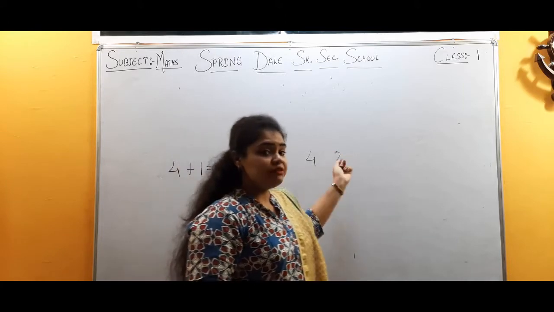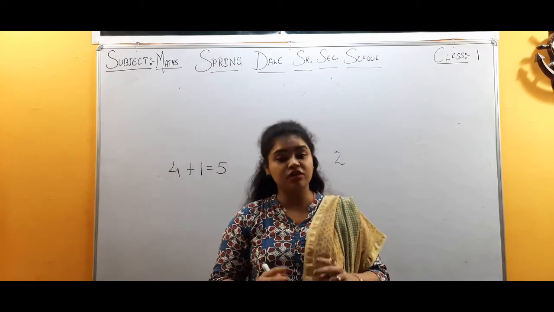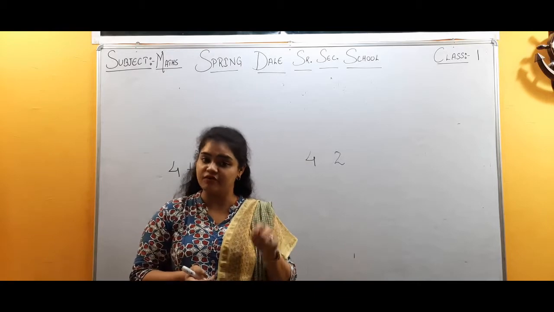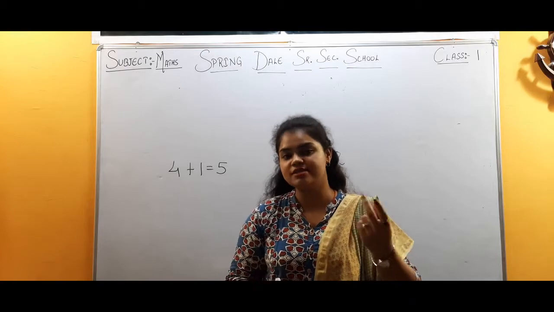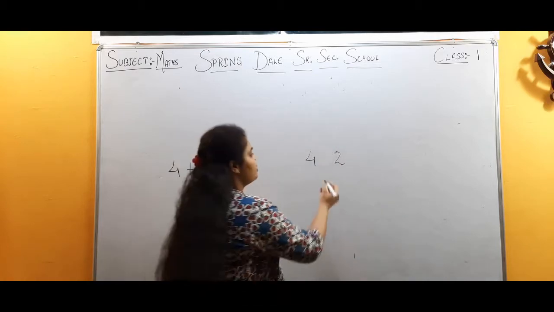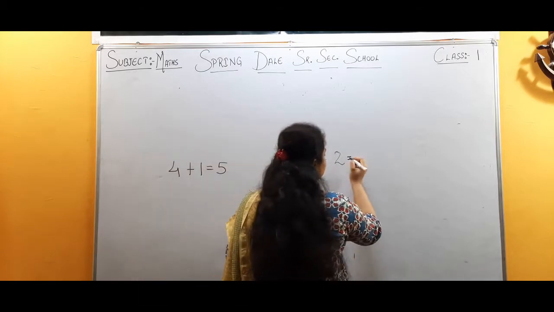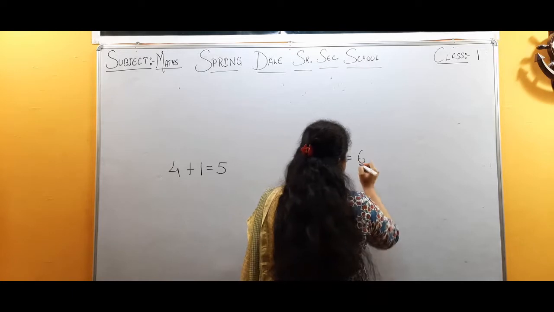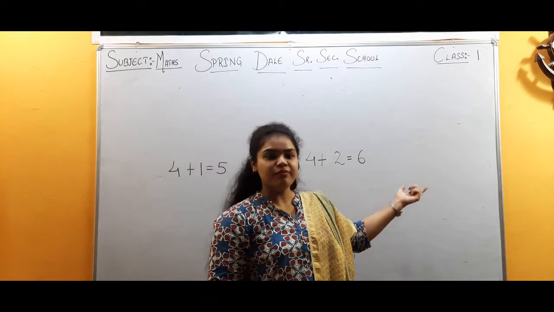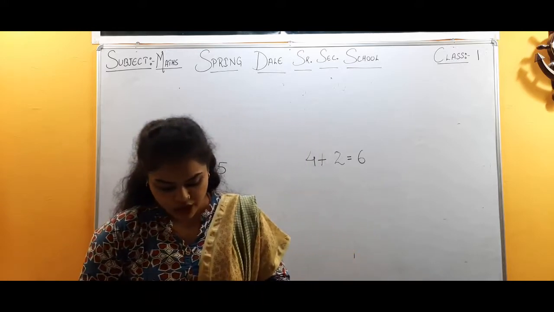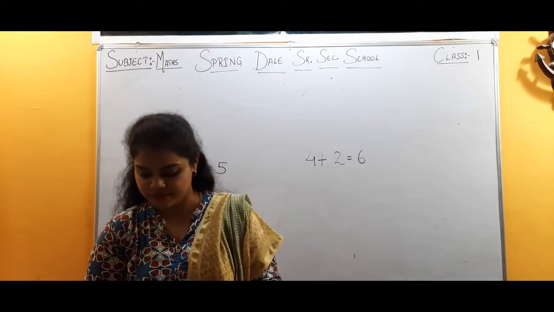Now, what sign will we put here? I already told you that the question is saying 2 more chocolates your friend has given you. More means ज़्यादा. आपके फ्रेंड ने कितनी ज़्यादा दी आपको? 2 chocolates more दी. तो हम कौन सा साइन लगाएंगे? प्लस का साइन. So we are going to add 4 plus 2. What is the sum of 4 plus 2? We have 6. So what will be the line at last? 6 chocolates I am having. Now you have to do question number 2 and 3 on page number 26.